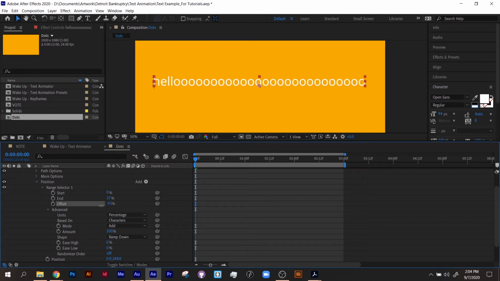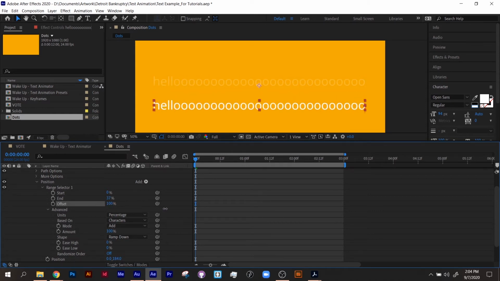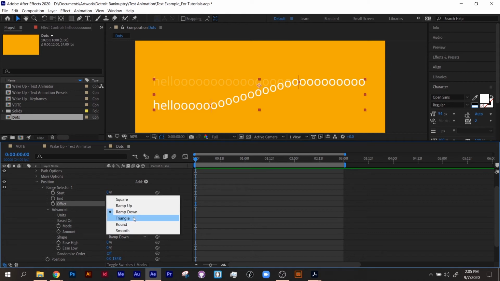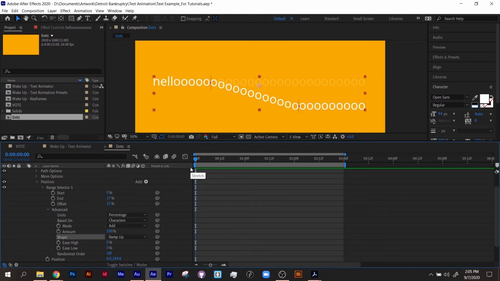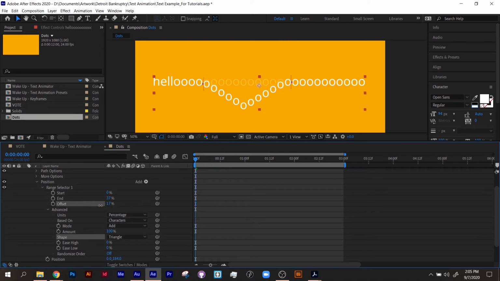And so if you wanted to keep just that little bit of area going through, this is how that would work. So ramp down would do, or ramp up would do the opposite. Depending on how you're changing your shape or your word, you'd want to choose ramp up or ramp down. Or square, notice, has that very clean sort of break. Triangle has that edge. And so again, if I was offsetting, you can have this come forward like that,